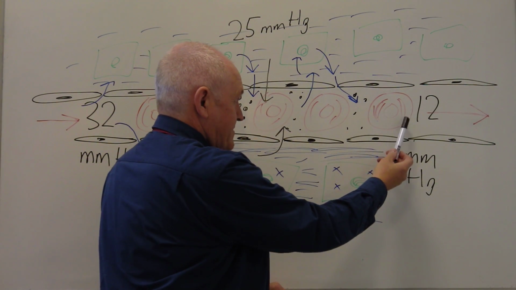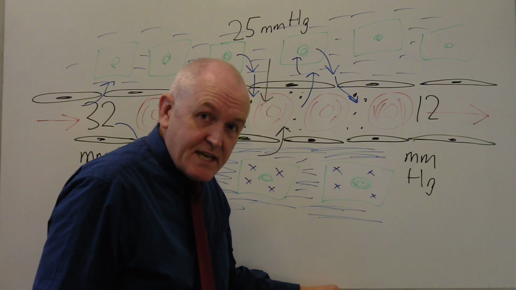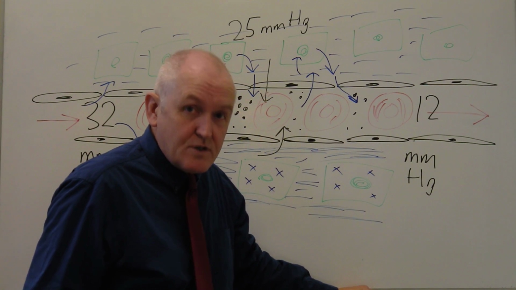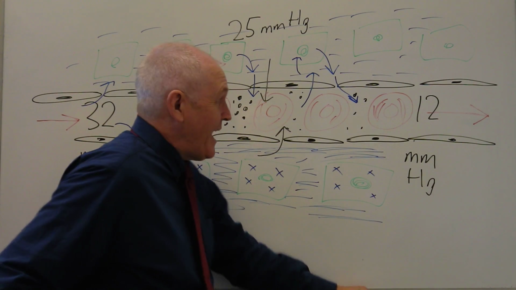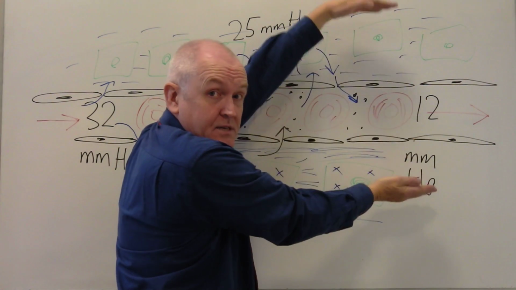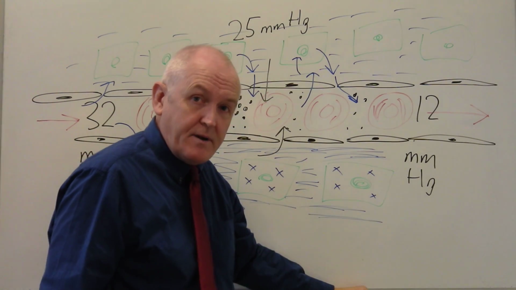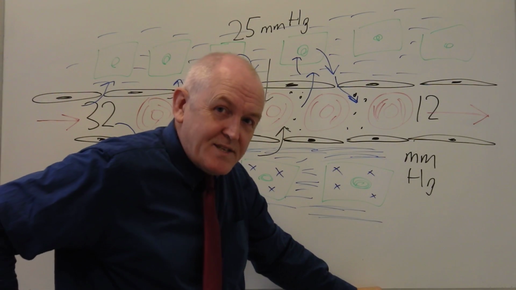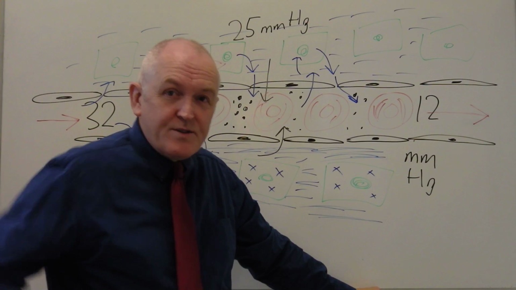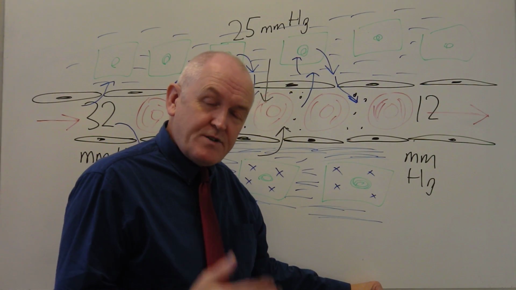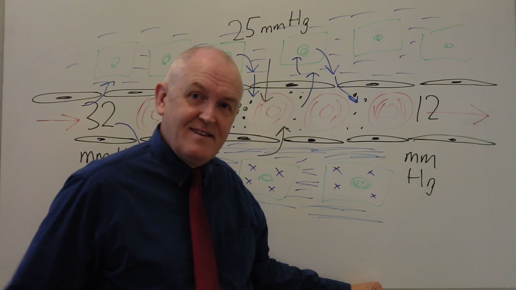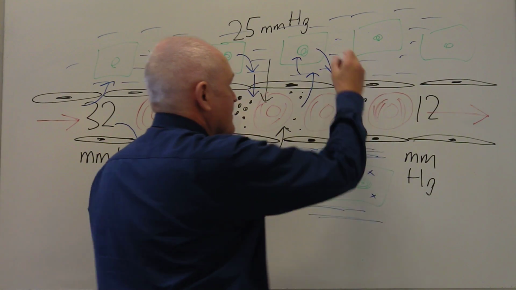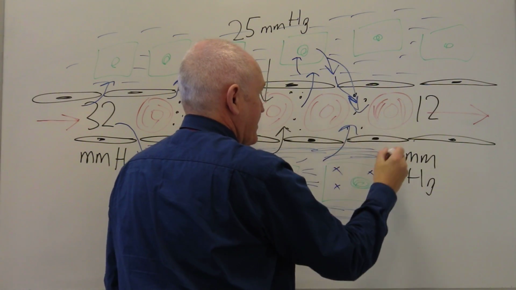And when we look to the venous end of the capillary, we remember that the hydrostatic pressure, that is the blood pressure at the venous end of the capillary, has now dropped to 12 millimeters of mercury. So now the force trying to push water molecules out is only 12 millimeters of mercury. But the osmotic pressure is still there, trying to suck it back in, and that's 25 millimeters of mercury. So at the venous end of the capillary, the osmotic pressure is now greater than the hydrostatic pressure, and that means that the tissue fluid is going to be osmotically reabsorbed at the venous end of the capillary,